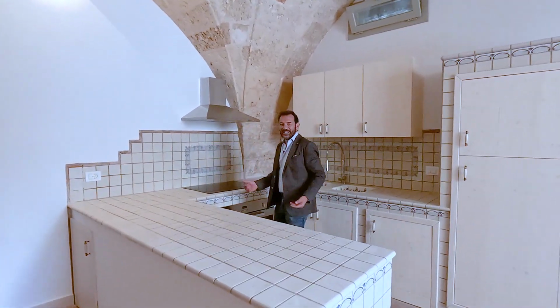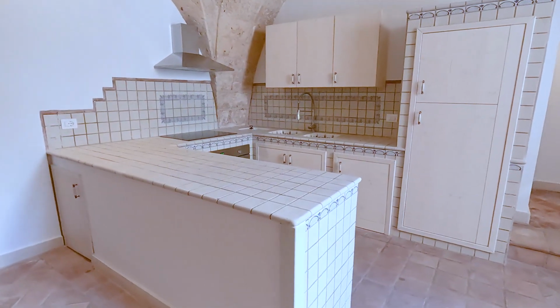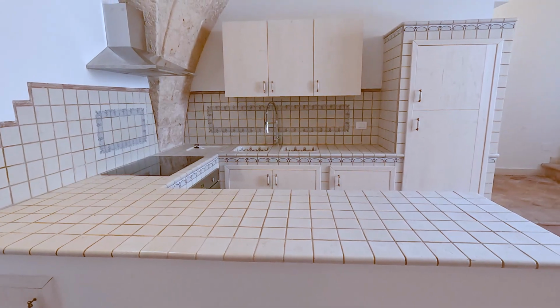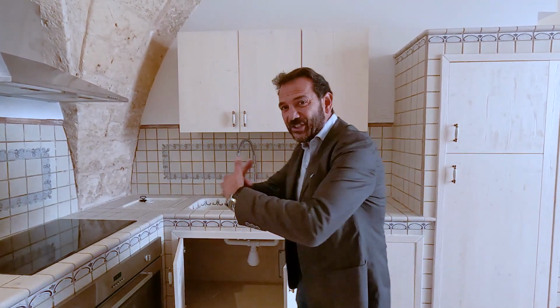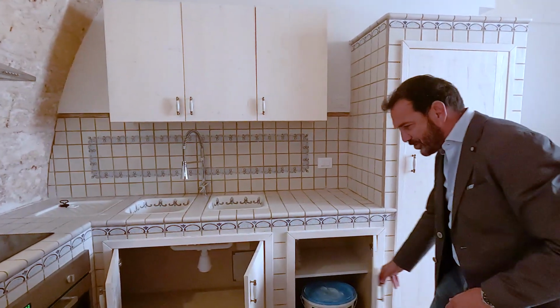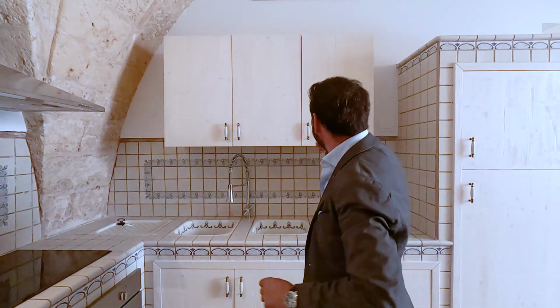The kitchen, the kingdom, or one of the main areas of the house. Well, this kitchen was built in solid stone and it was already here. But, well, it was all brown and wood. And also, because it was built in stone, it did have a little issue with, again, a little damp coming through. So what we did was actually tiling the entire inside area, insulating the walls, rendering it, and then tiling everything, meaning that everything is super dry. And then new doors and cupboards were built by our